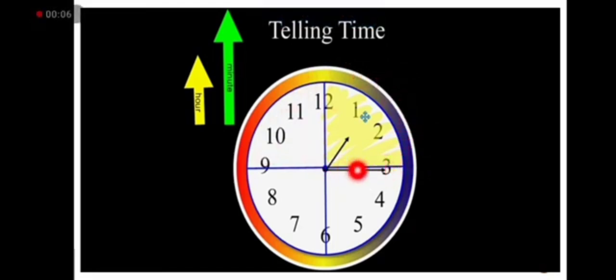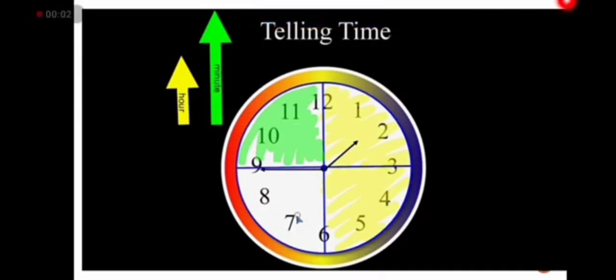of the clock, or each 15 minutes of the clock, is called a quarter. Now how many quarters are there in a clock? There are 4 quarters in a clock. In this clock, the minute hand is on 9. Now how many minutes passed? 45 minutes passed. But how many minutes are left? 15 minutes are left. So the time in this clock is quarter to, because 15 minutes are left to the